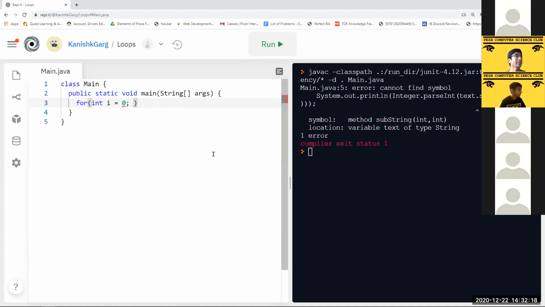So we're going to start off with I at 0. Then we're going to do our condition. So we want this to run as long as I is less than 10. And each time we want to increase I by 1. There's two different ways to do this. You can either do I is equal to I plus 1, but this other way will show up in the Kahoot. So just know it means the same as I is equal to I plus 1, and that is I plus plus. But for now, we'll just do I is equal to I plus 1,